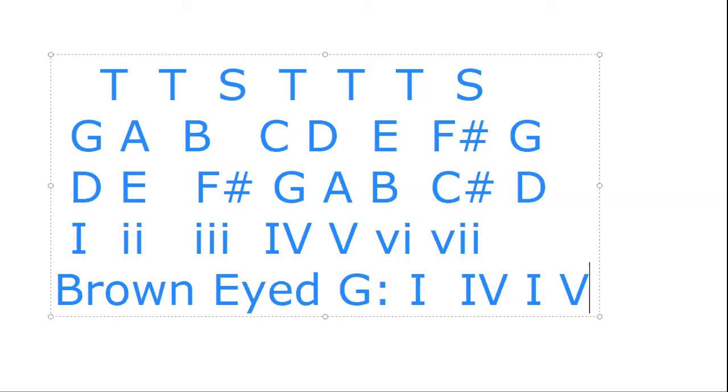And I know in my head that 1 4 1 5 in F is F, B flat, F, C. I've just learned it, because you just committed it to your memory. Yeah. I've tried to learn all the numbers in all keys. Blimey. I'm not suggesting you do that, but